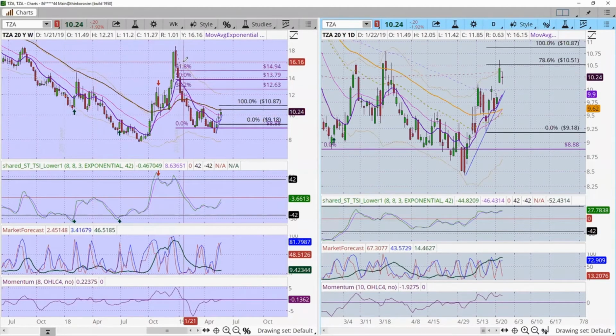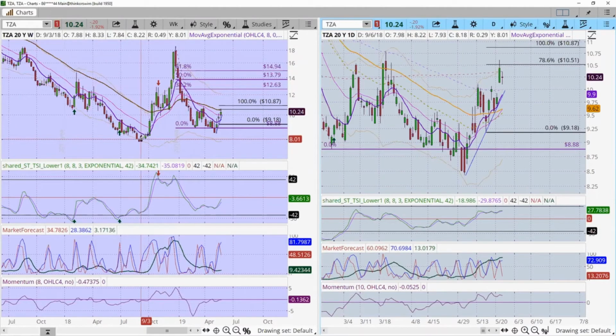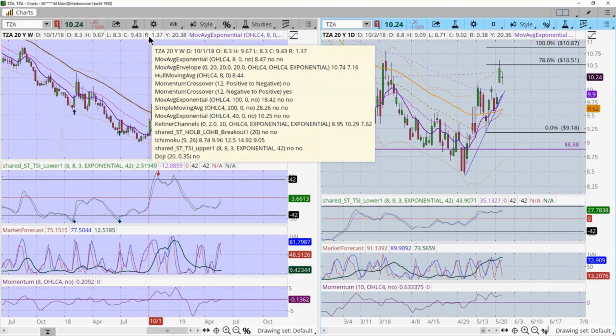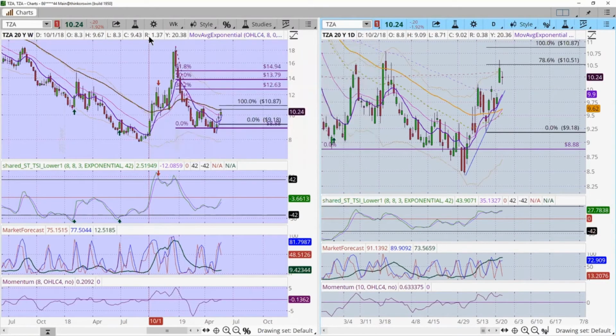If we take a look, just take a glance over here. This is back in September of last year. This is when the markets rolled over, and TZA went from $7.97, or a little bit of 7.81. This is when the market bottomed the day after Christmas, and it got up to as high as 18, so a little bit over 100% return. So that's something, if you're not watching these leverage ETFs, I encourage you to take a look at those.